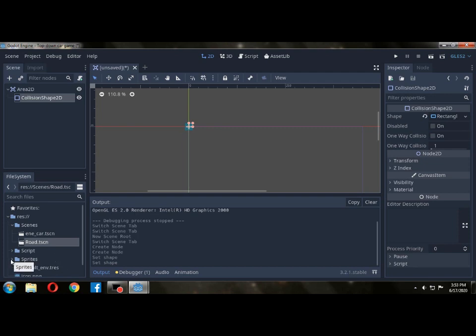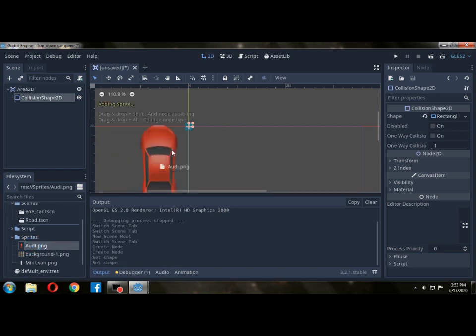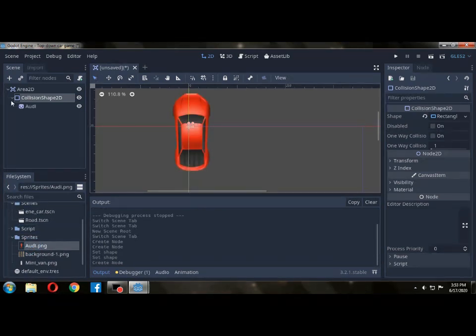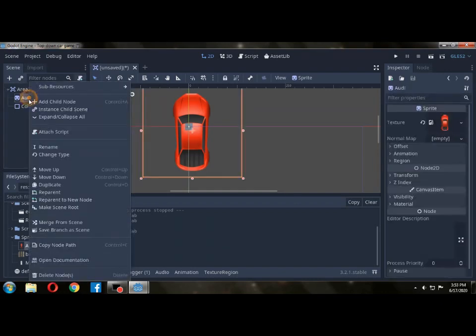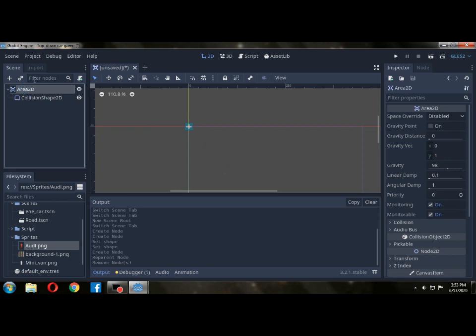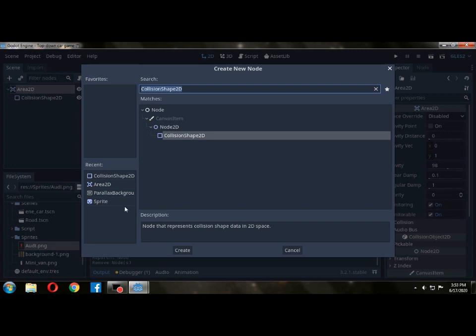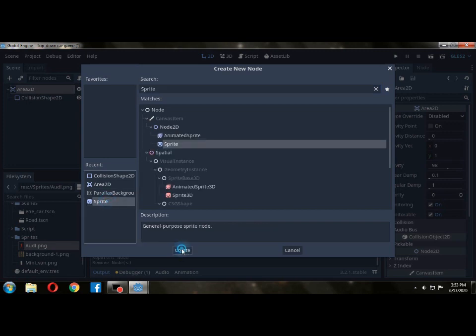You remember in the previous video I told you some sprites to download. We used 2 sprites in the part 1 video, and in this part 2 video we will use this OD PNG. You can just drag and drop it on here like this, or there is another way to set the picture inside this area 2D. That way is by add child node, clicking on the sprite, and